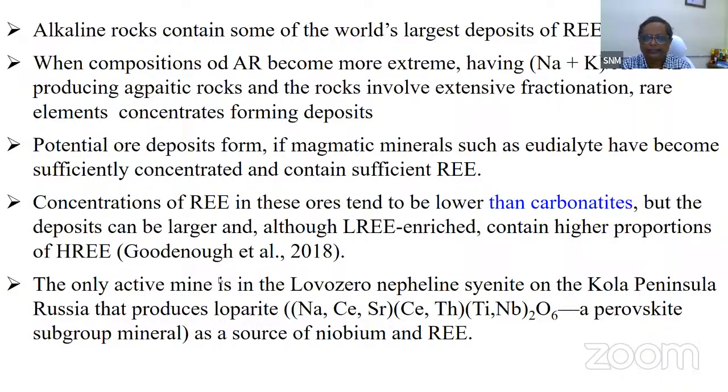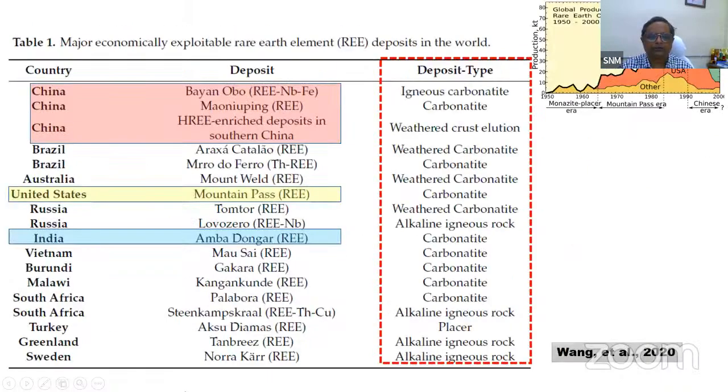For such kinds of rocks, the nepheline syenites and the series of rocks that have been reported elsewhere, the only active mine now is in Russia, which produces loparite. That is one mineral whose formula you can see written here. That is the perovskite series, and they are also a source of niobium and REE. One more thing I would like to tell: as in the world, these countries have